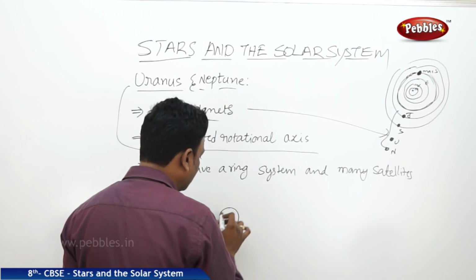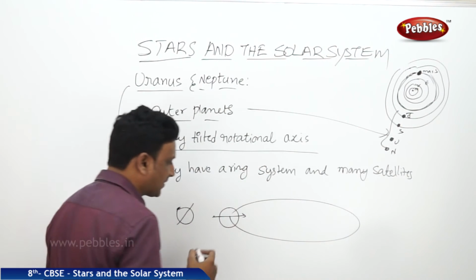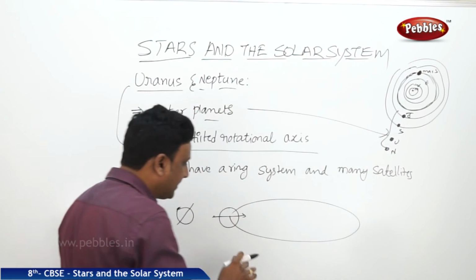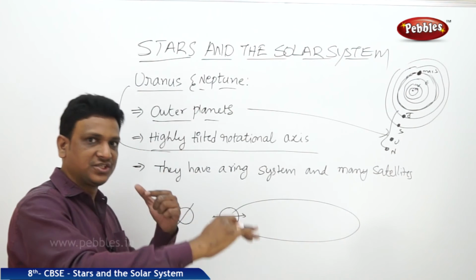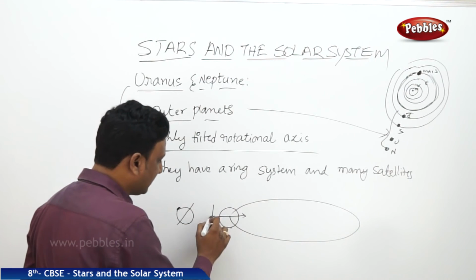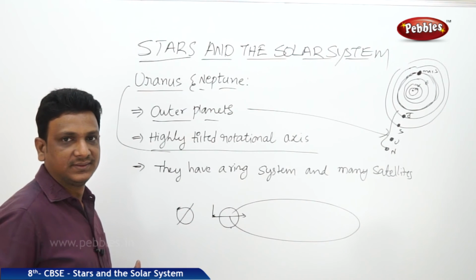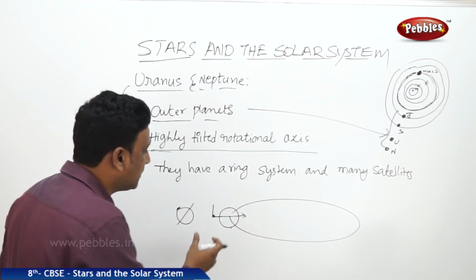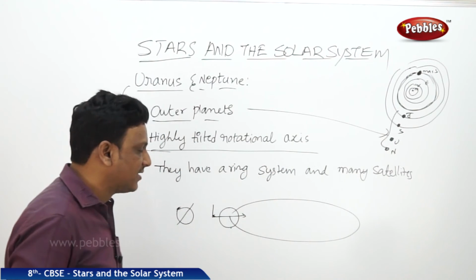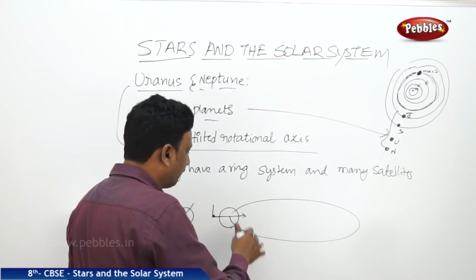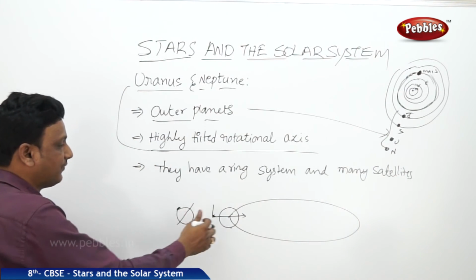If you take Uranus, its axis is like this. So this is the orbit. When it is revolving in the orbit, it appears like it is rolling on its side because it is very much tilted. The inclination is very much 90 degrees tilt. See that? Very much tilted. So because of that, it appears like it is rotating on its sides. When you see the revolution of this particular Uranus, it is moving on its side, it appears, because of its axis.